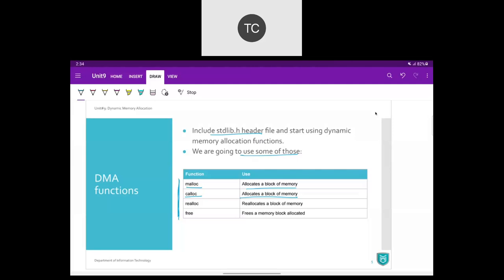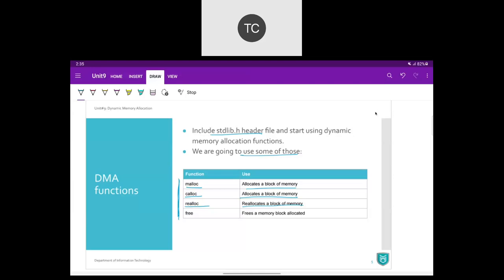Syntaxes are somewhat different, and we'll see that later. Then the third function is realloc. So if you just want to reallocate a memory block, maybe let's say earlier you have allocated a memory block of 20 bytes, and later you come to know that, okay, 20 bytes are not enough.